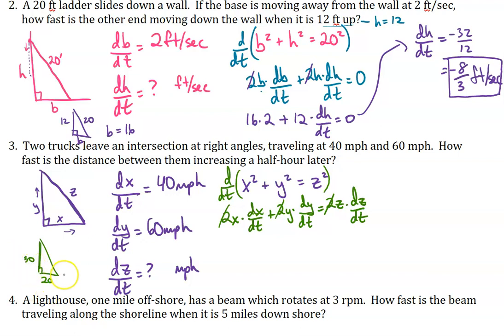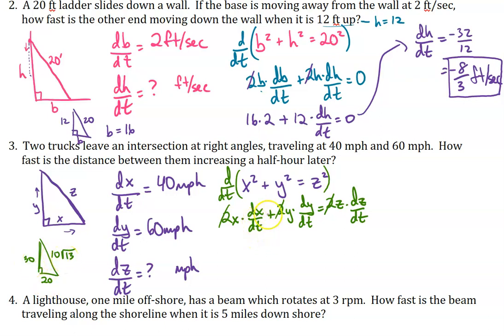And then I am going to use the Pythagorean theorem to figure out that this is 10 root 13, or you can leave it as root 1300. It doesn't matter because this is the kind of question we would use a calculator for anyway at the very end, because we're talking about miles per hour, and having an irrational representation doesn't make a lot of sense for truck distance and speed. Okay, so we know that x is 20, y is 30, z is 10 root 13,